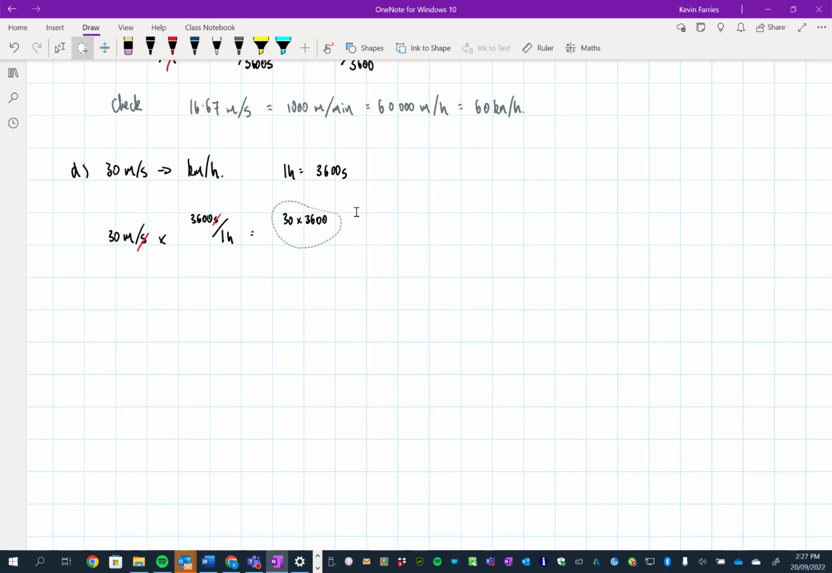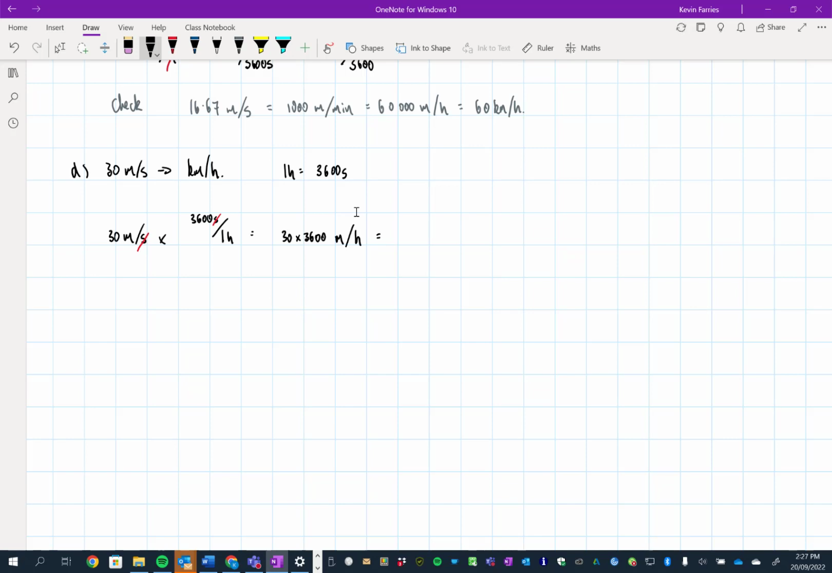Let me just bring this down. Then on the top we've got meters and on the bottom we've got hours. So 30 times 3,600 meters per hour. I could calculate that. It might have been better to change the other one first. But anyway, let's just write it out. So 30 times 3,600